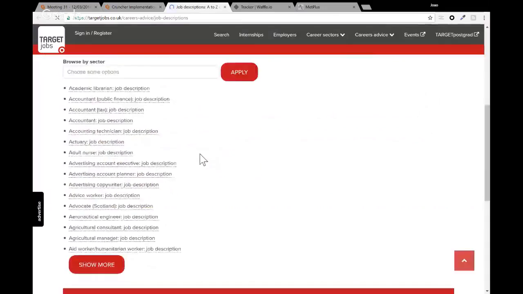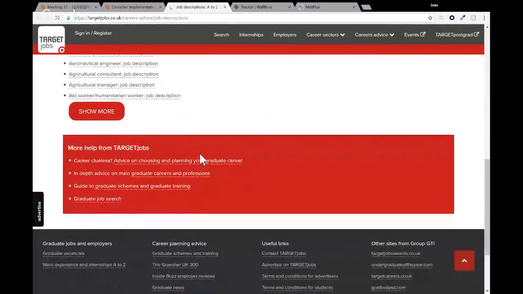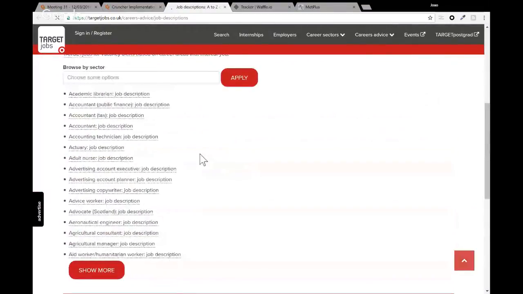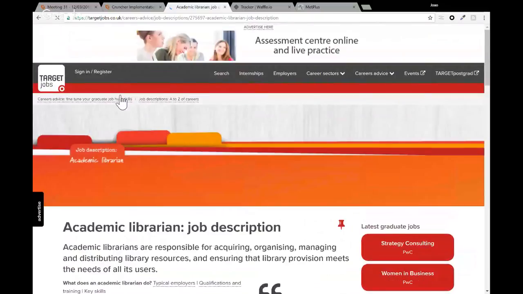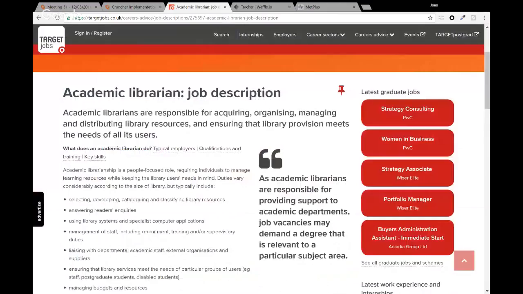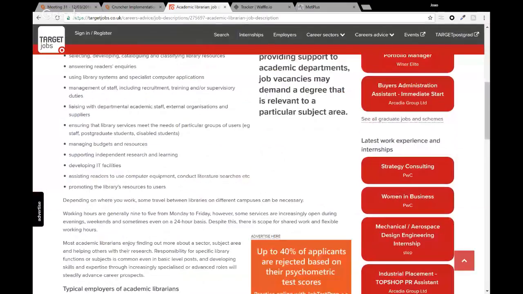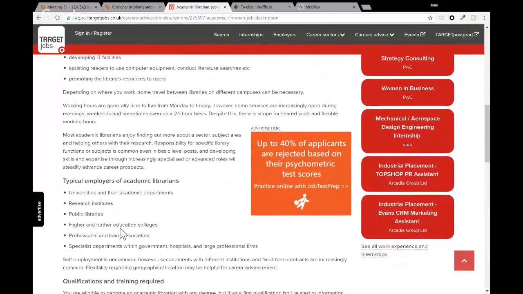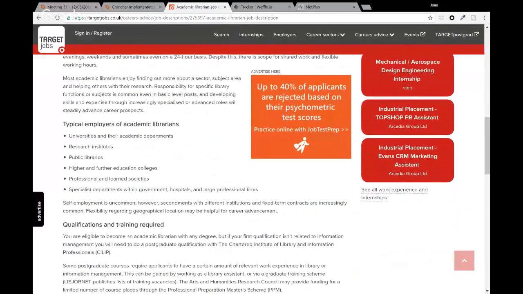targetjobs.co.uk. I didn't have time to go through it. The other one, yes, I just clicked it. It was this morning on the bus, but I wasn't able to go through it. This one right here is a little bit more detailed than some of the job descriptions that an employer I deal with sends me. Sometimes employers don't know everything to put inside the job descriptions, and this is pretty good. Sometimes I have to help them and put things in there, but this is pretty helpful from what I've seen, and it has a lot of different job categories,